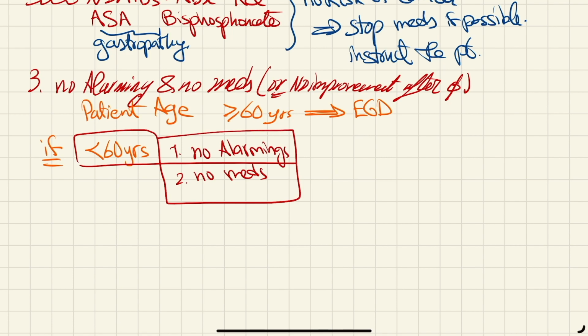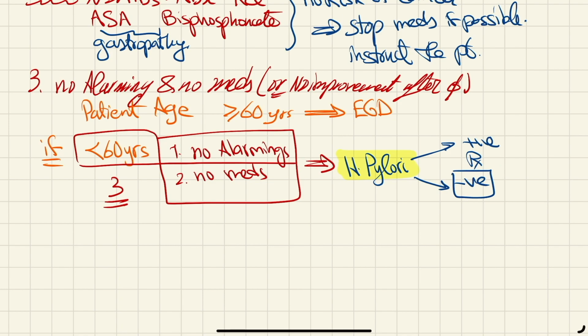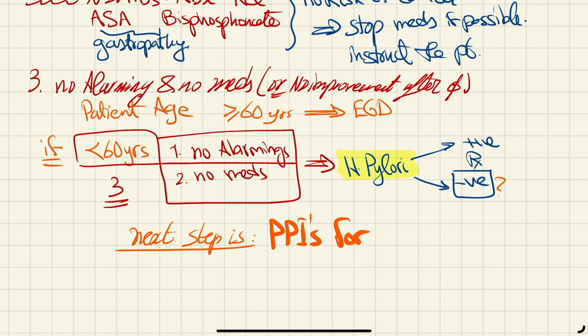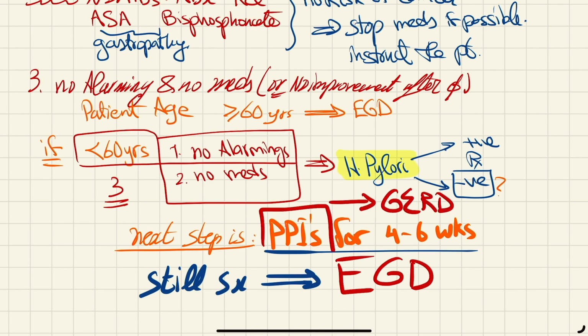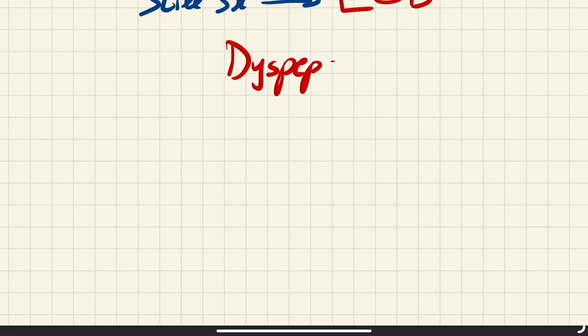If he's less than 60, with no alarming symptoms and no medications, then you need to rule out H. pylori. So less than 60, no alarming symptoms, no recent medication, we test for H. pylori. If it's positive, then we treat it. If it's negative, the next step is to give a trial of PPIs to see if the patient will respond symptomatically to this treatment. If he responded, then we assume he has acid oversecretion or reflux, which is also GERD, gastroesophageal reflux disease. If he's still symptomatic despite the treatment, then we need to do an EGD